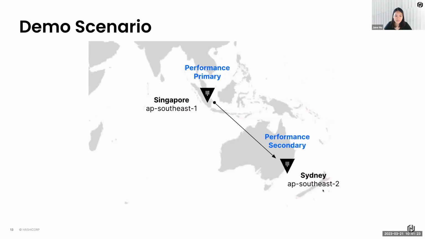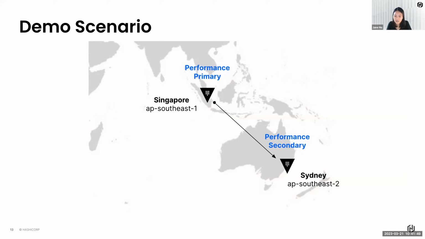So let me just set out the scenario for you before we dive into the demo. Imagine you are a company that is headquartered in Singapore and you have operations in Australia as well. So you have applications running both workloads in Singapore and maybe some replicas in Australia. However, you find that there are some network latency issues with the applications in Australia if they were to communicate